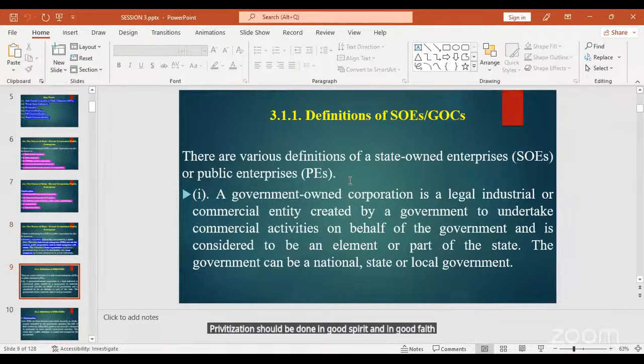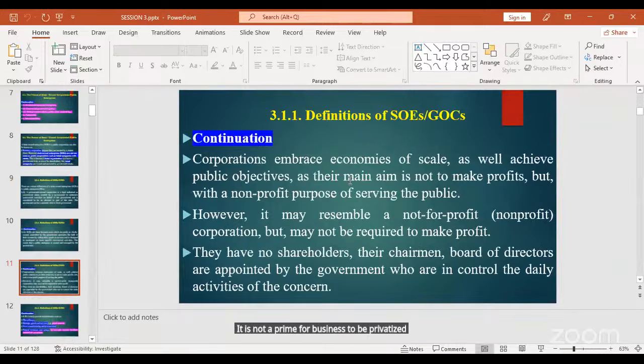Okay? So it is not a crime for government to own a business. It is not a crime for business to be privatized. But the whole process leading to it